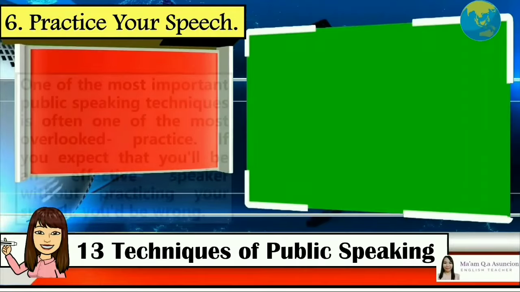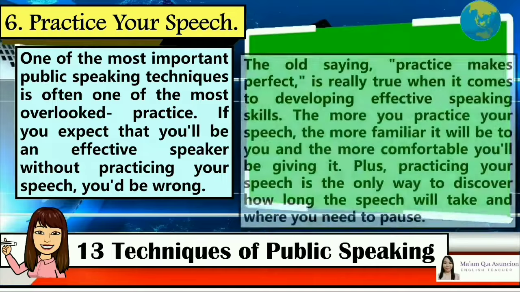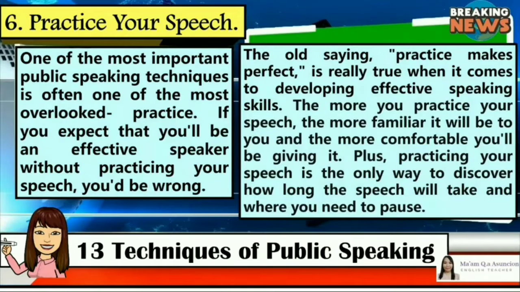Number 6, practice your speech. One of the most important public speaking techniques is often one of the most overlooked: practice. If you expect that you'll be an effective speaker without practicing your speech, you'd be wrong. The old saying, "Practice makes perfect," is really true when it comes to developing effective speaking skills.